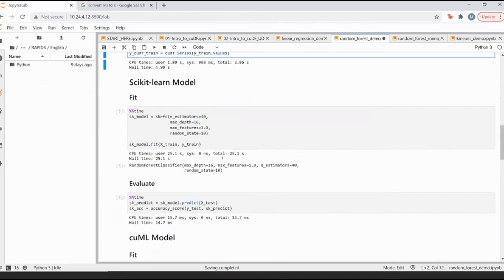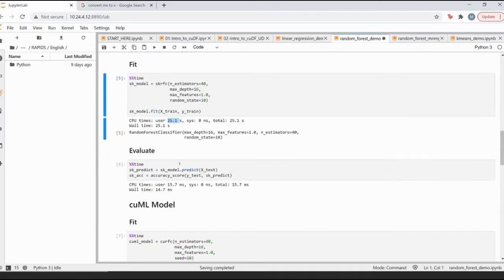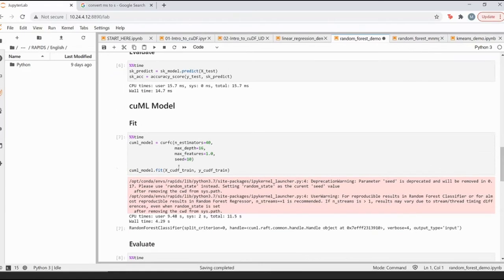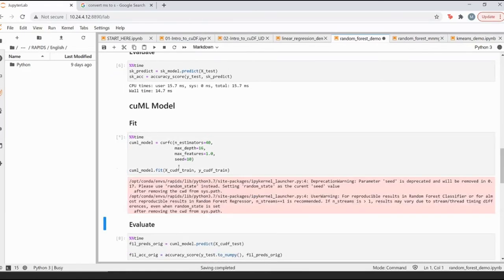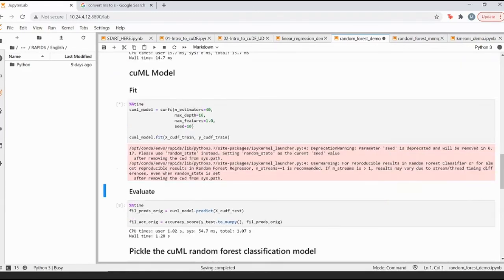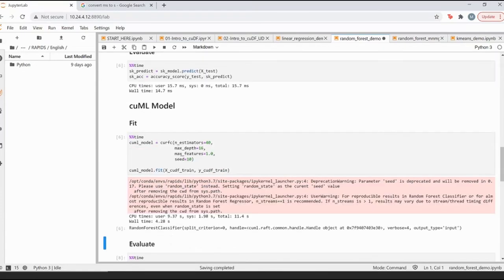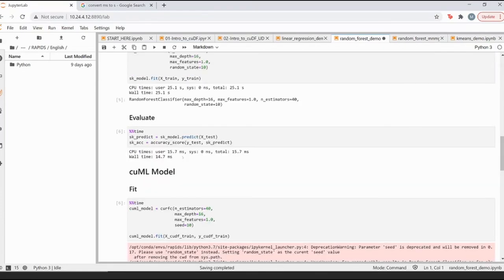We have the sklearn version, the scikit-learn version, and you see that it takes about 25 seconds, versus the cuML version. Okay, let me try to run this. Let's see how much time it takes.